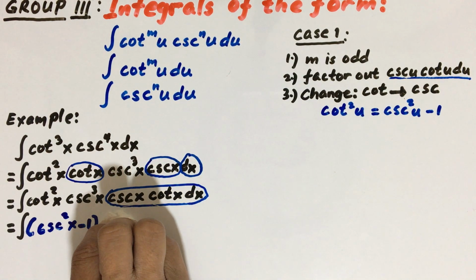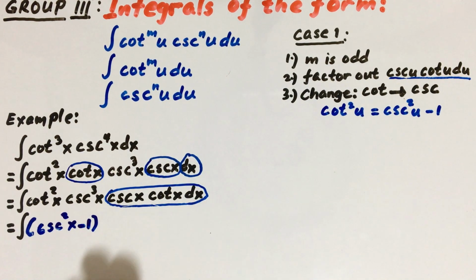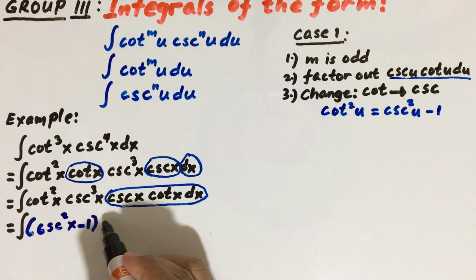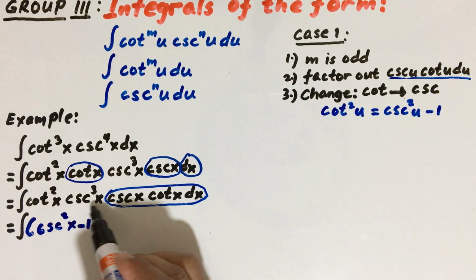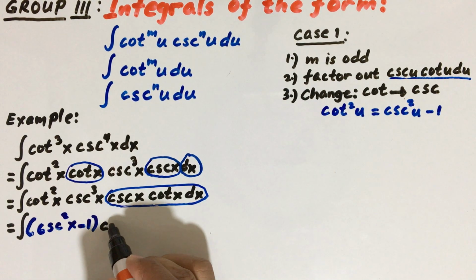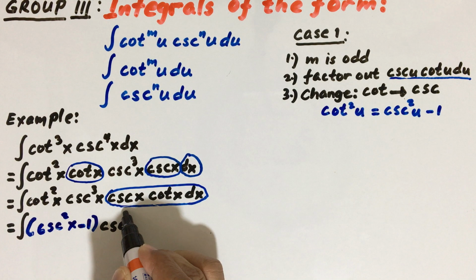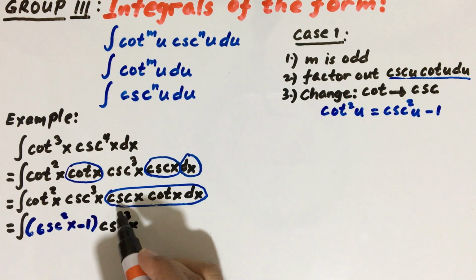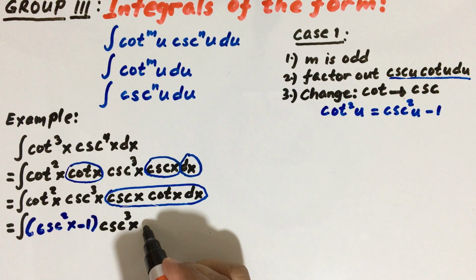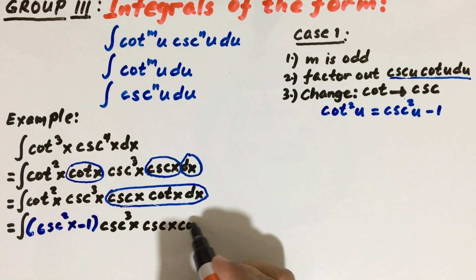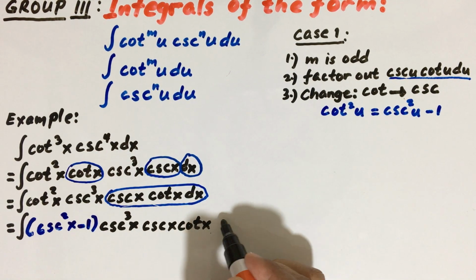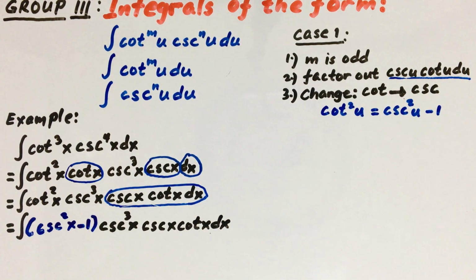Just to distinguish cotangent from the other factors, we can write this part here as cosecant cubed x, then also this one, the whole thing, cosecant x cotangent x dx. Then after that,